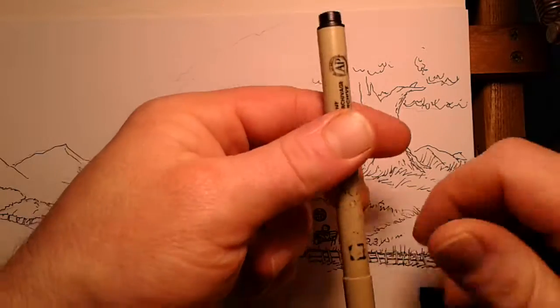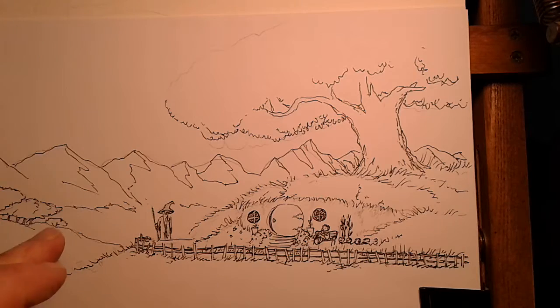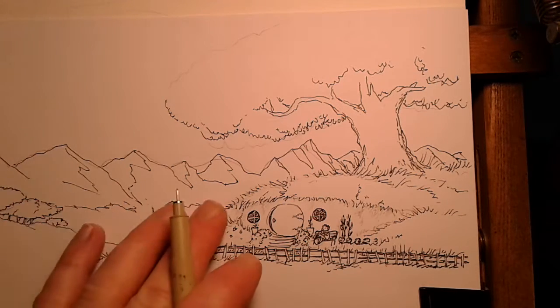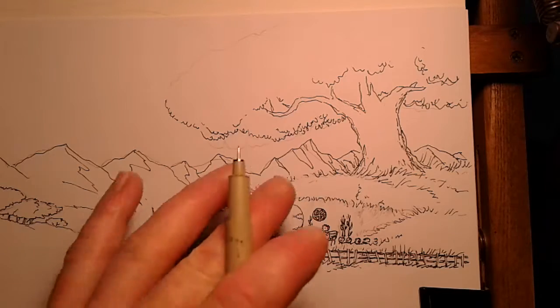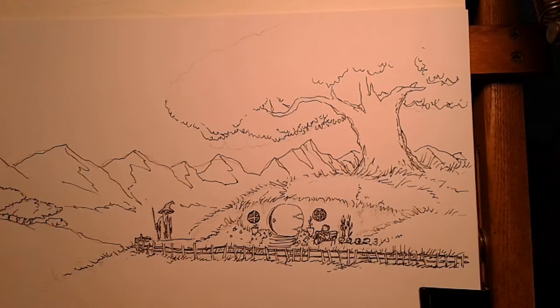Today we'll be using the Micron 01 pen again, and I hope we can see most of this illustration out to the edge out here. This area in here is where we're going to be working. I've got a little erasing to do, so we're going to go ahead and do that really quick, and then we're going to come in with